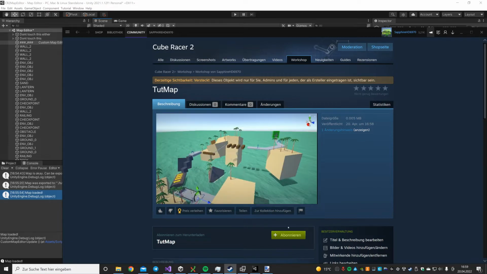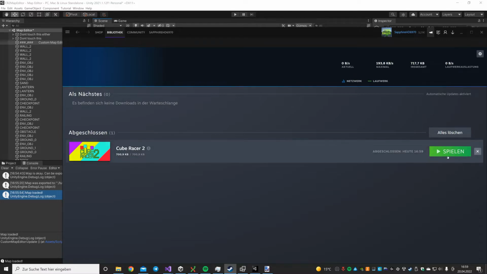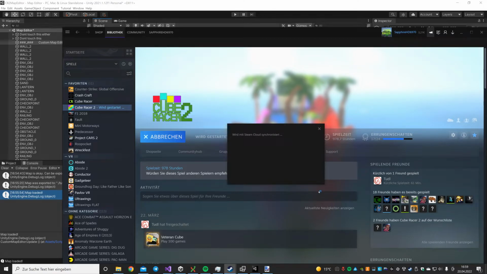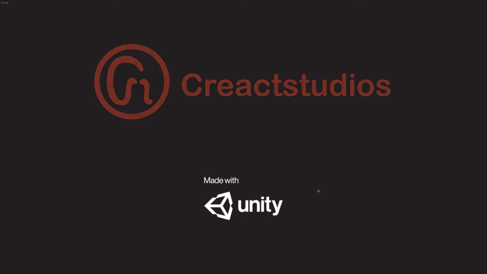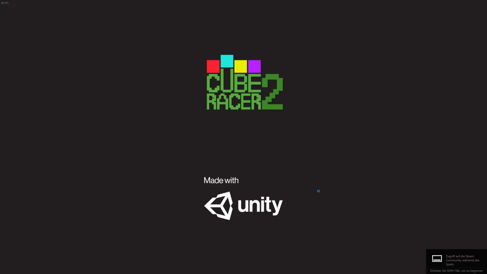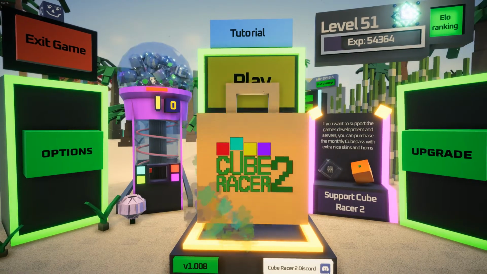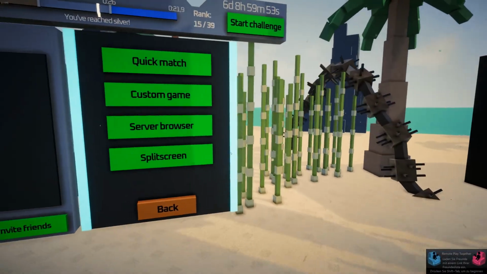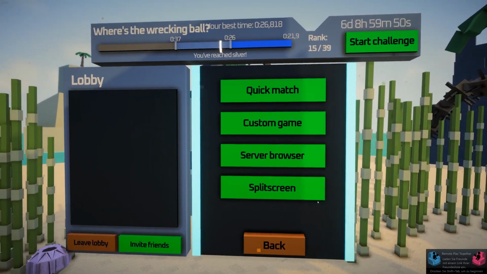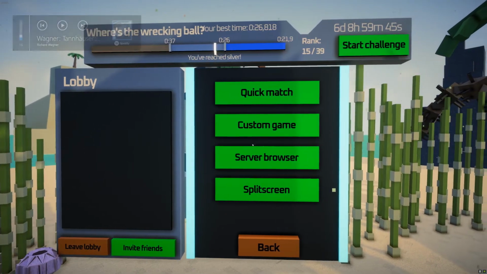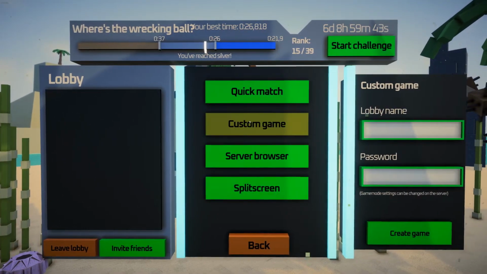So just select it and click on subscribe. This should download the map. And now you can start the game again, so start CubeRacer once more. One important thing to notice is that only the person hosting the lobby needs to be subscribed to all the custom maps, and the other players can just join and the maps will be downloaded automatically. So now I'm gonna do a custom game,